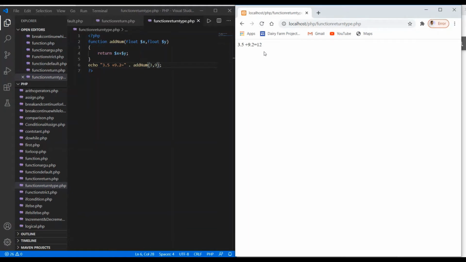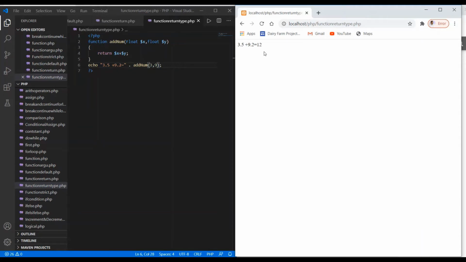Now here I just want to restrict the type. I want to pass the argument as type float, but I want the result not in float, only in integer.